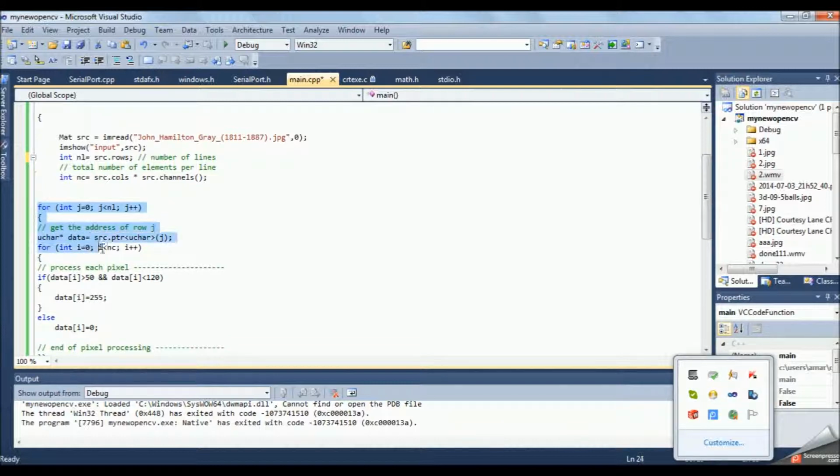When we use these two nested loops, for example if j is equal to 2 and i is equal to 2, we are in the second row and second column, so the value or intensity of the pixel at that position will be stored in this variable, unchar data.